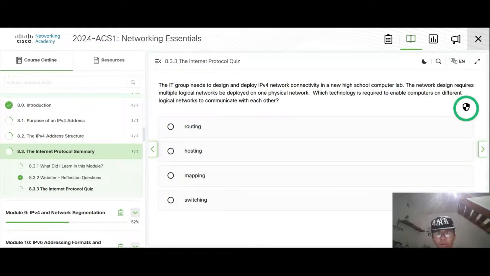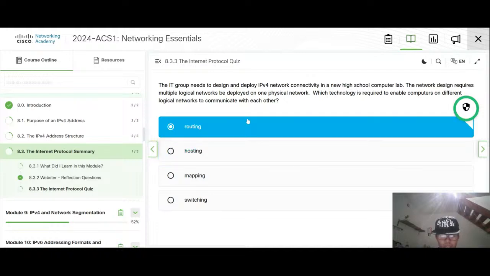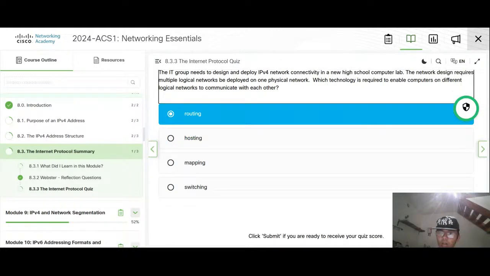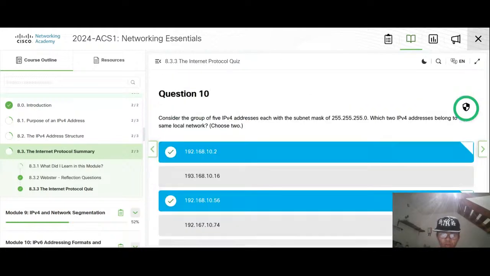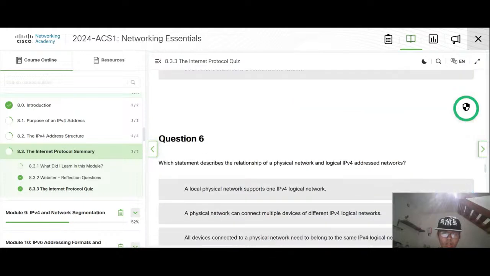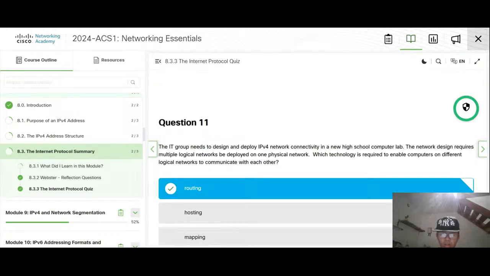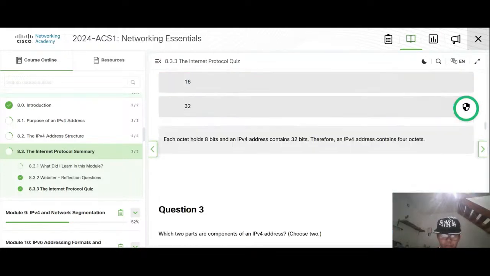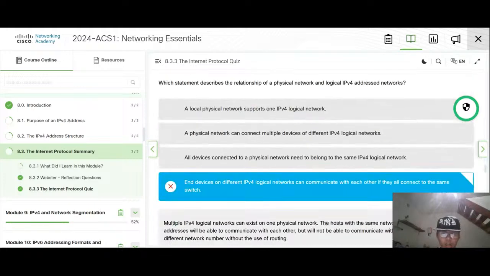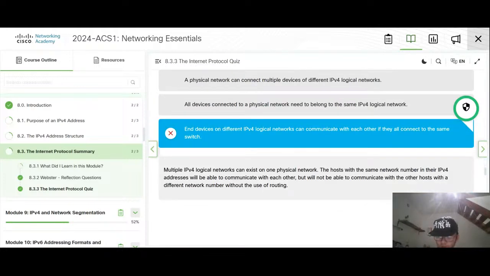Then activities to deploy an IPv4 network in the school with a lab. The network design requires multiple logical networks to be deployed on one physical network. Multiple logical networks built on one physical network. It is routing to connect multiple on one logical. Oh, it's wrong. Multiple can exist on one physical network.